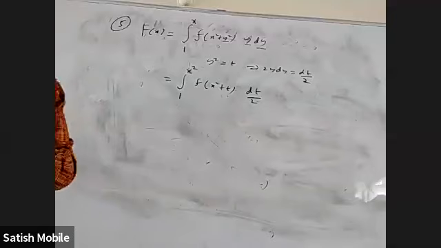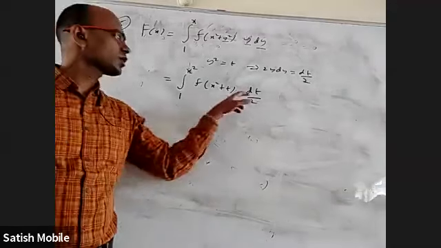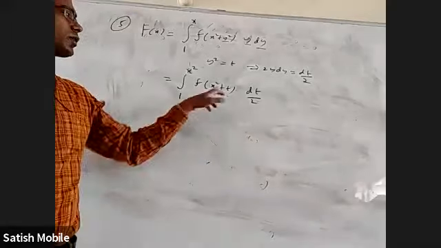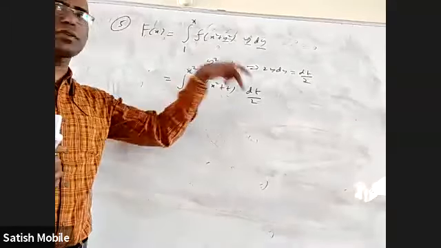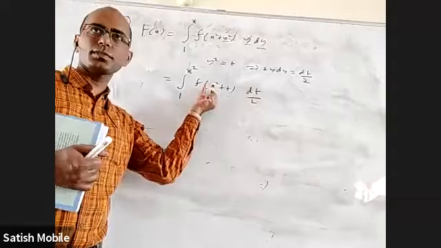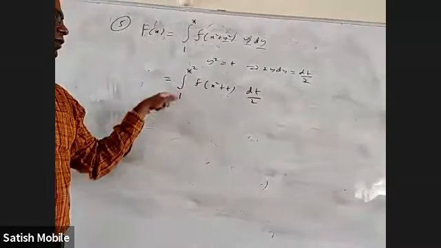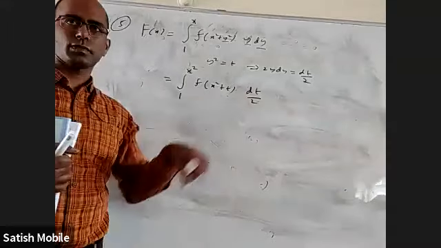One may say, what did we achieve much? Nothing much, because here also t is there, here t is there. You cannot do the fundamental theorem even now, because in the place of t you cannot substitute x square and the derivative of x square, because x is still involved in this. Here you should not see x anywhere. The variable which is there here, that you cannot see anywhere, right?